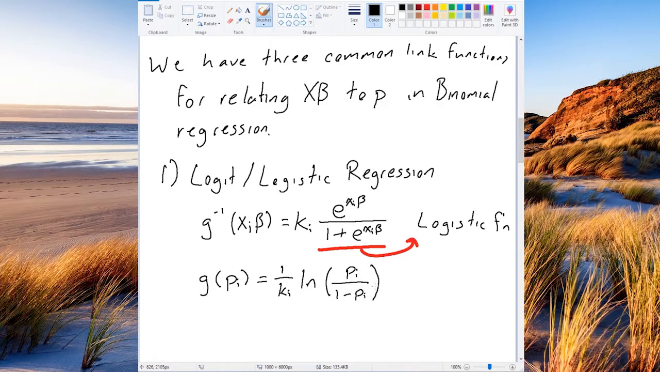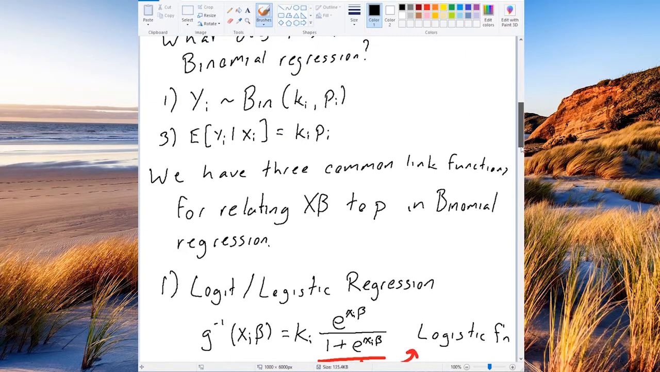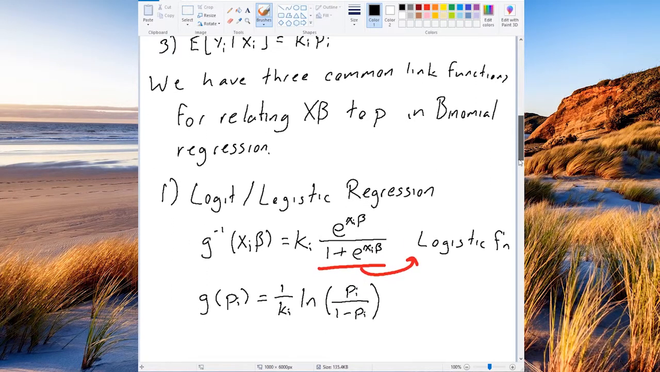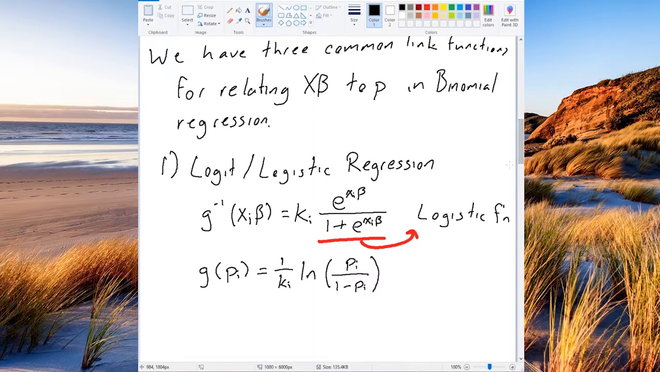ln of pi over 1 minus pi. And so pi, remember, is the probability that we get a success on a Bernoulli trial in this binomial. And so pi over 1 minus pi is my odds. And when I take the natural log of the odds,